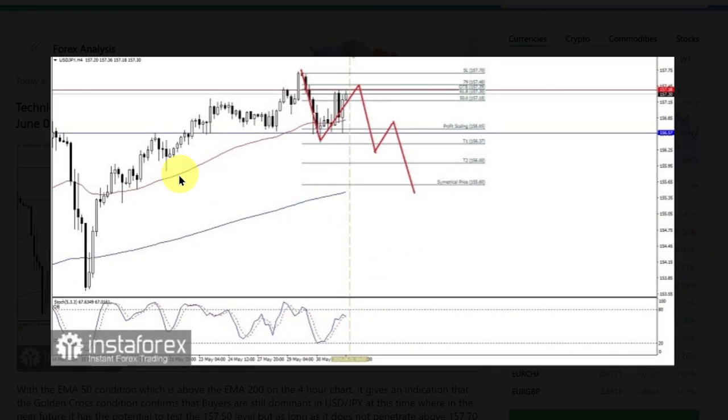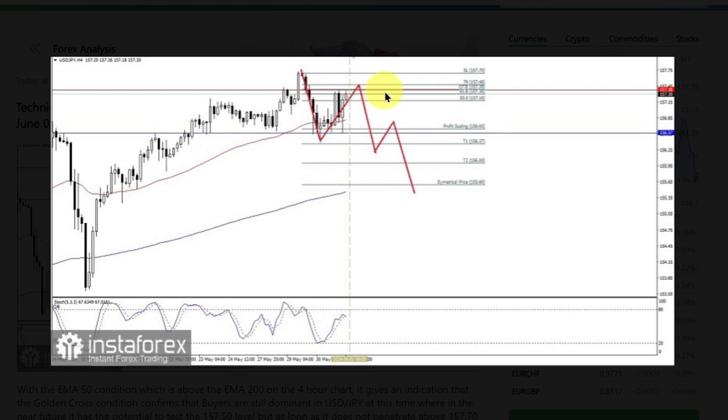With the EMA 50, which is above the EMA 200, on the H4 time frame chart, it gives an indication that the golden cross condition confirms that buyers are still dominant in the USDJPY currency pair. At this time, in the near future it has the potential to test the 157.50 level,